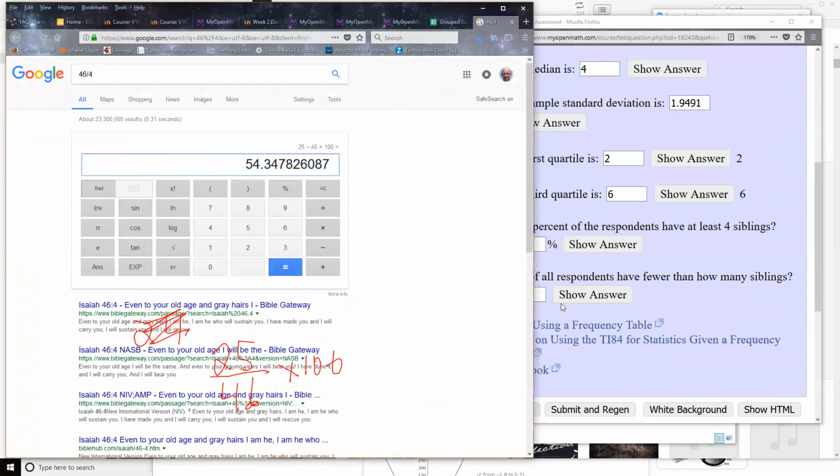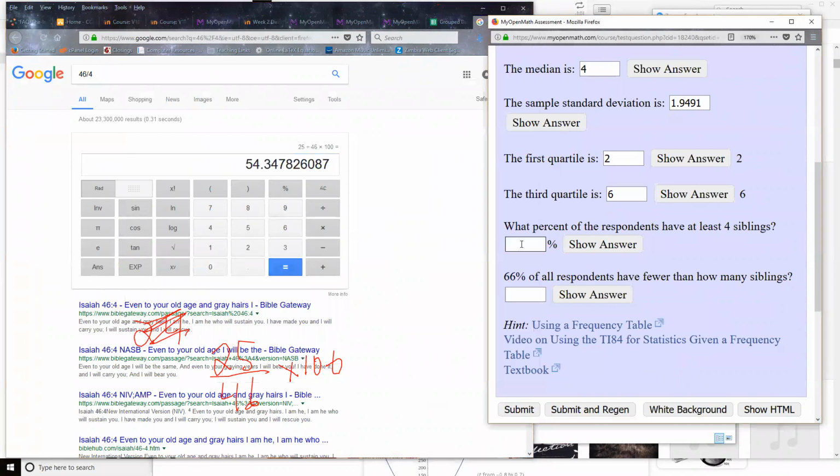It's 54.3. I'm going to try to make my OpenMath happy and say 54.3478. That way the 2, okay,